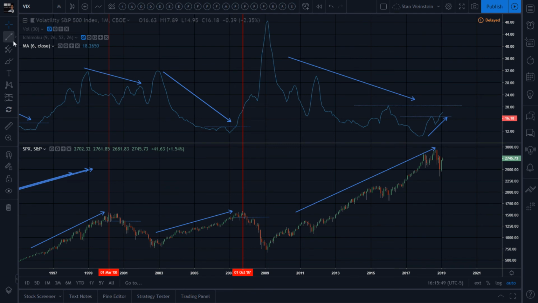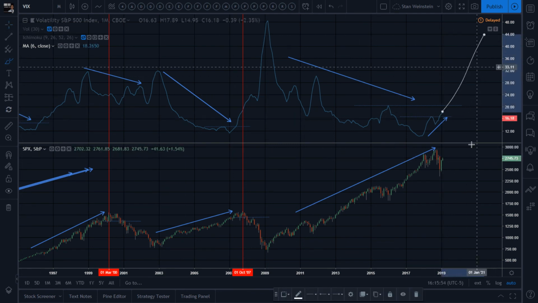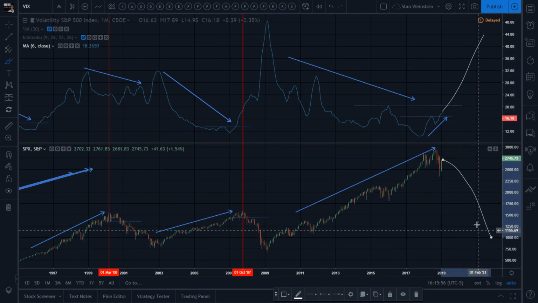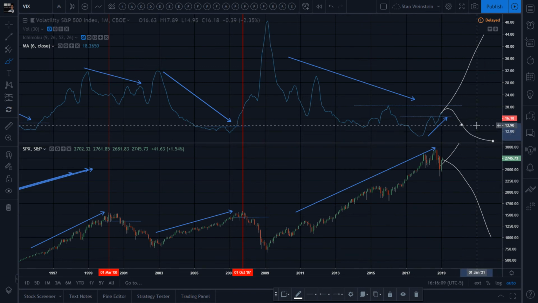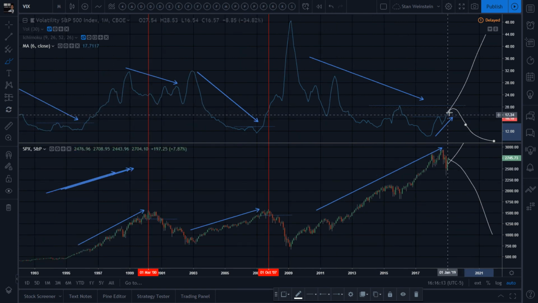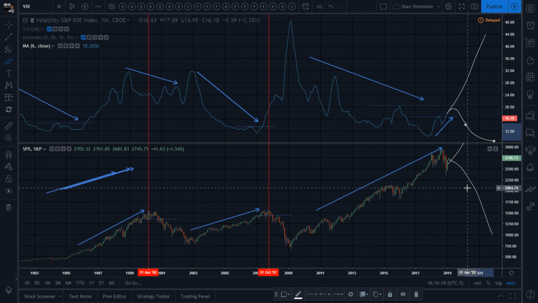Either the price action from the SPX gets in line and says, okay, fear is going up and I'm going down. Or the price action decides to go back up, calms the VIX, says, okay, look, there's no problem. There's no economic slowdown. Don't worry about it. Everything's cool. And then we go back to lower levels, guys. Those are just two paths. But right now, I'm leaning more into an explosion upwards of the VIX with a downwards move on the SPX.